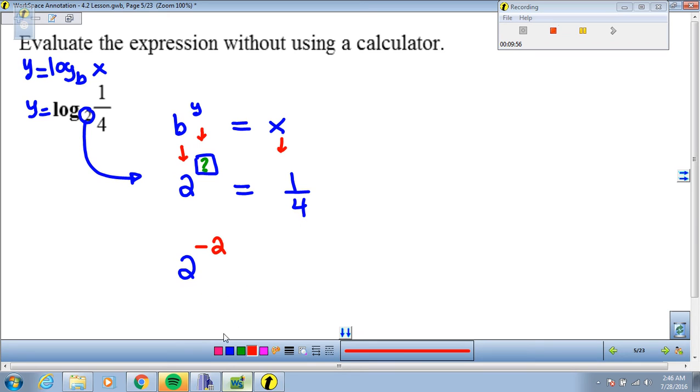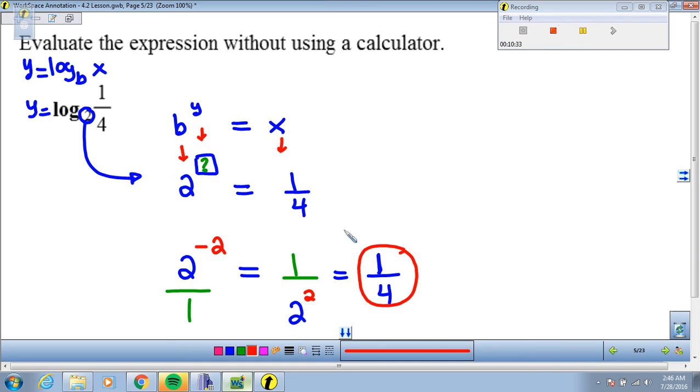Well, if I go step by step to work this out, remember that I'm supposed to put 2 over 1 to work this by hand. I flip it around. The 2 is still a 2, but the exponent changed to a positive, which is what I wanted to be able to do it by hand. And then 2 raised to the second power means 2 times 2, which is 4. So this is how